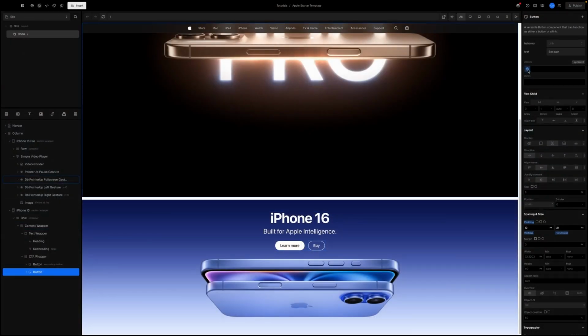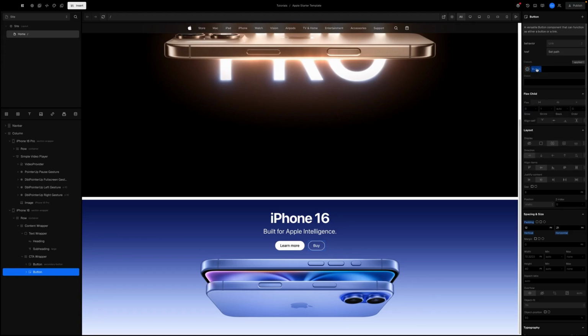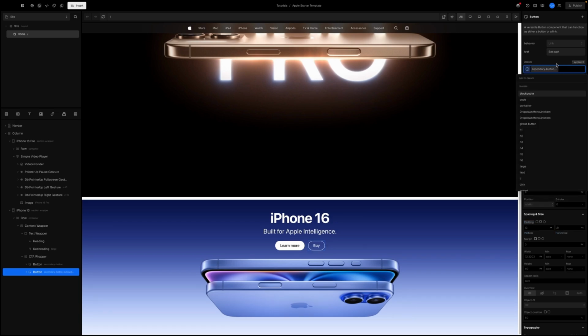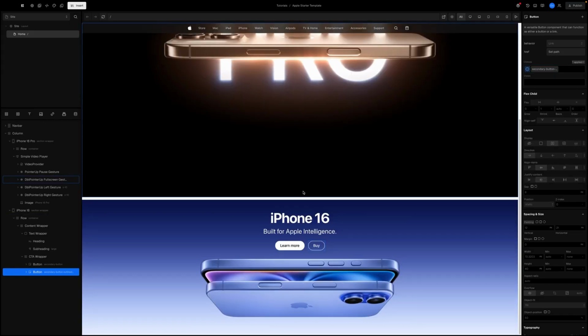And now this, we'll convert it. We'll go over to the properties panel, the classes instance. We'll convert this to a class and we can call this secondary button outline. There we go. Okay, now that we have our iPhone 16 section wrapped up, let's move on to the next